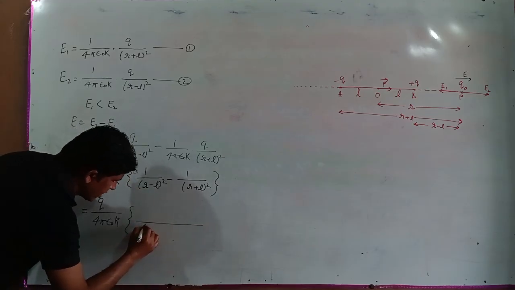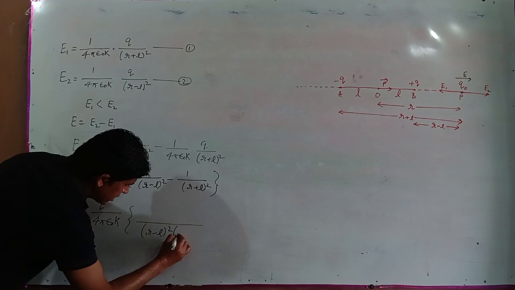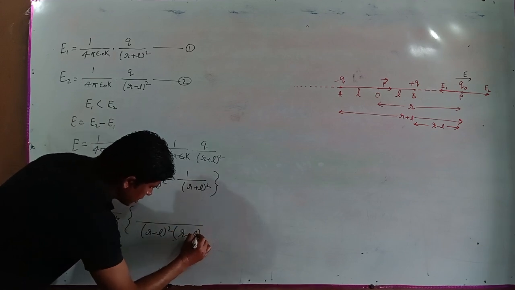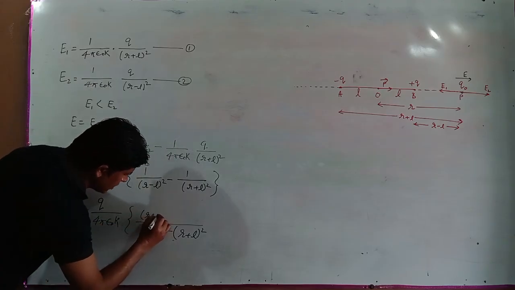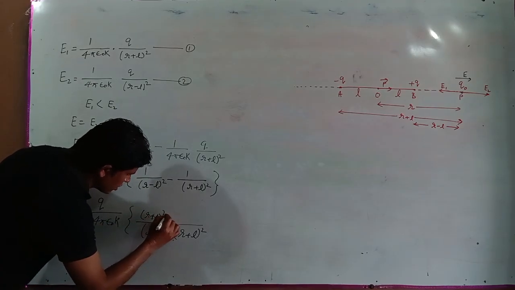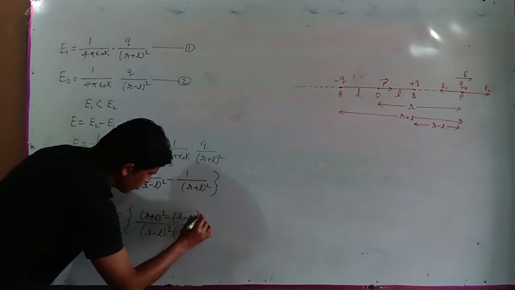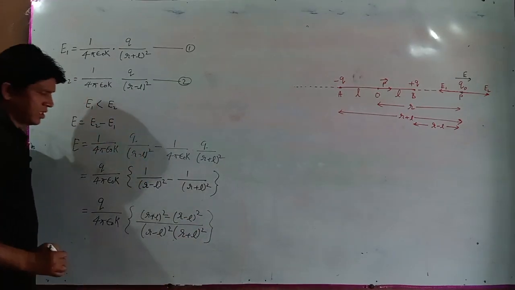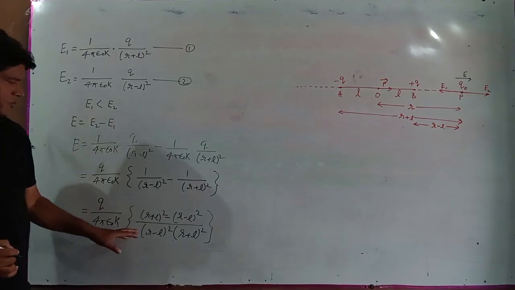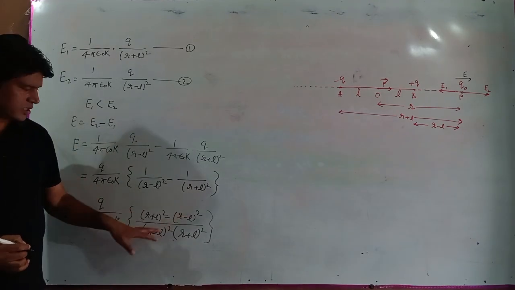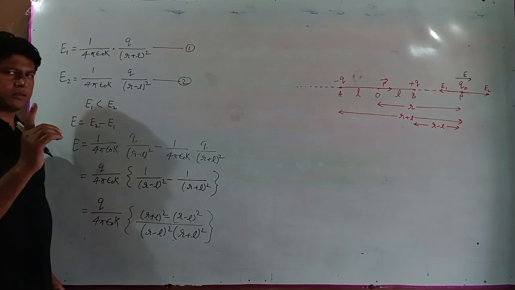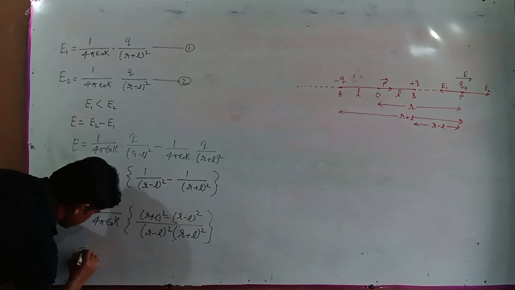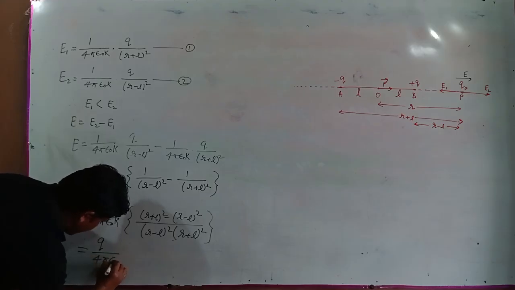The LCM will be (R minus L) the whole squared times (R plus L) the whole squared, and on the numerator we get (R plus L) the whole squared minus (R minus L) the whole squared, close curly bracket. In the next step, we expand these squares, and these two parentheses will be compressed into only one curly bracket. So we get in the next step Q over 4 pi epsilon naught K